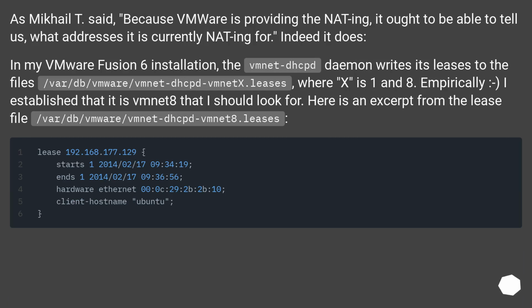As Mikhail T. said, because VMware is providing the NATing, it ought to be able to tell us what addresses it is currently NATing for. Indeed it does. In my VMware Fusion 6 installation, the vmnet DHCPD daemon writes its leases to the files /var/db/vmware/vmnetx/dhcpd-vmnetx.leases, where x is 1 and 8. Empirically I established that it is vmnet8 that I should look for. Here is an excerpt from the lease file,